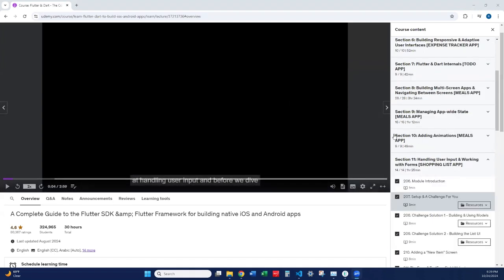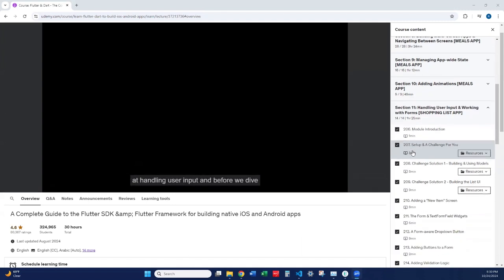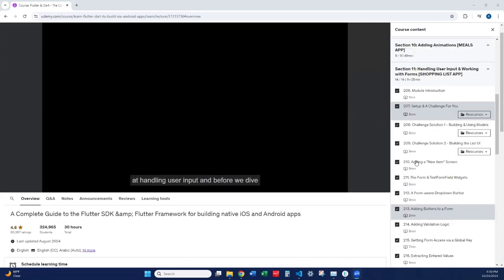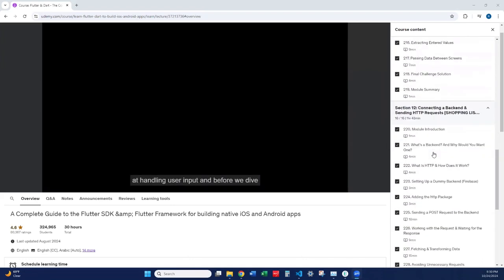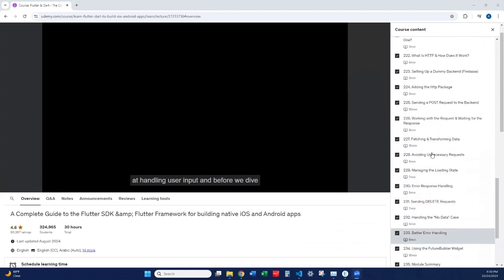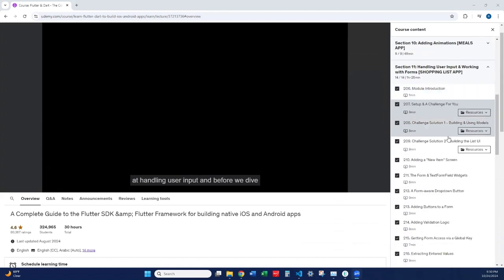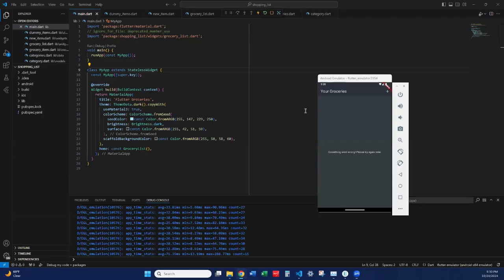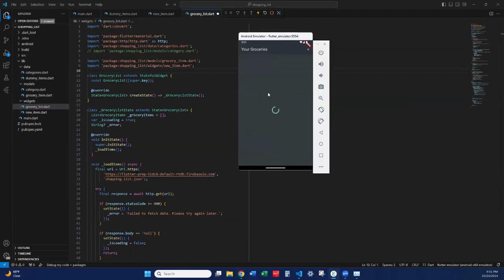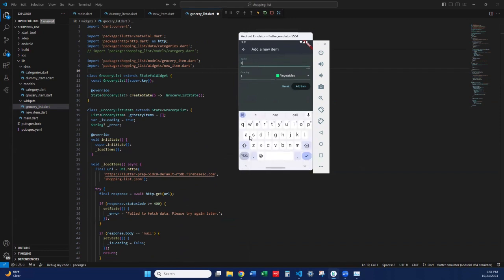This assignment is the seventh app, the shopping list app. As you can see, all of the shopping list modules are checked. Now, here is a demonstration of the app. As you can see, the circular progress indicator is showing because there's nothing there. Now, if I press the plus button, add, let's just say,